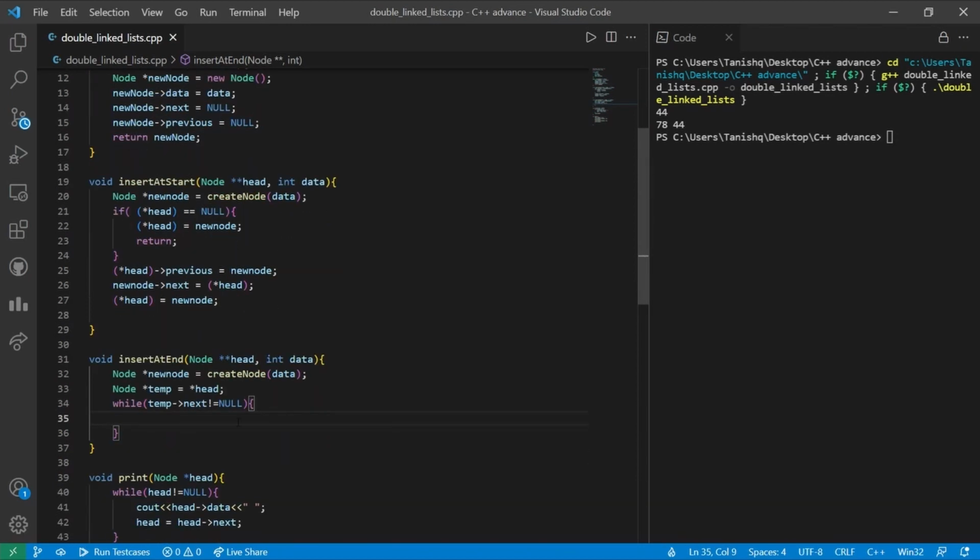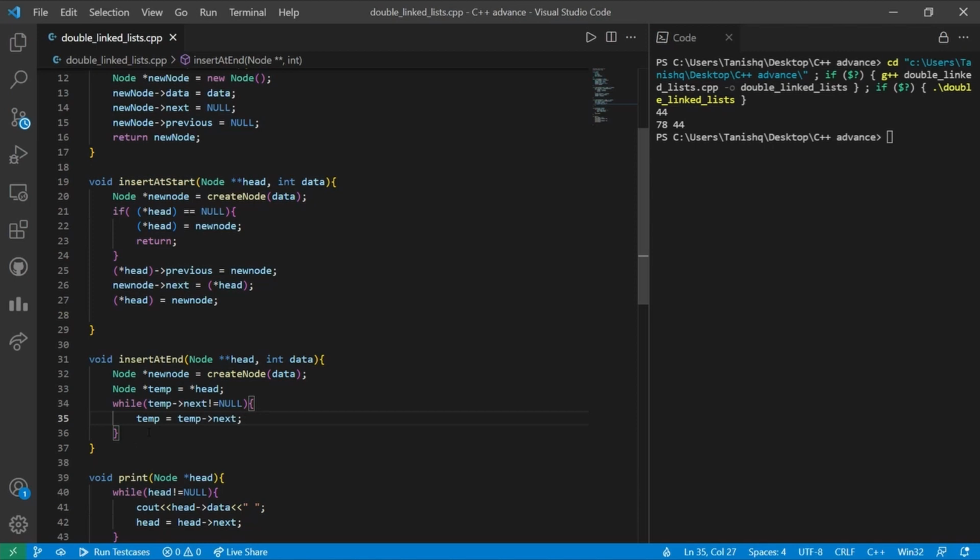So over here we are supposed to traverse. If this condition present in the bracket is true, that is, the next point of the temporary node is not pointing towards null, it is pointing towards a particular node, then at that time we have to increment the node. That is, we have to make the temporary node the next node. So we have to keep on initializing the next node values to the temporary node that we have created. So that's why temp will be equal to temp.next.